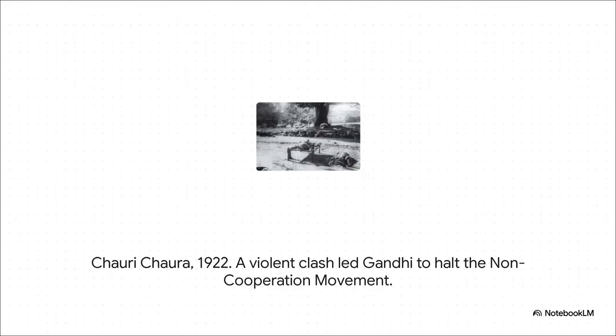And even within a single independence movement, that idea of unity was incredibly fragile. This is what's left after the Chauri Chaura incident in 1922, a protest that was supposed to be nonviolent turned deadly. For Gandhi, this was a disaster. It violated the core principle of Satyagraha. So he did something unbelievable. He called off the entire national movement. It just shows how incredibly hard it was to keep millions of people united, not just in purpose, but in action.